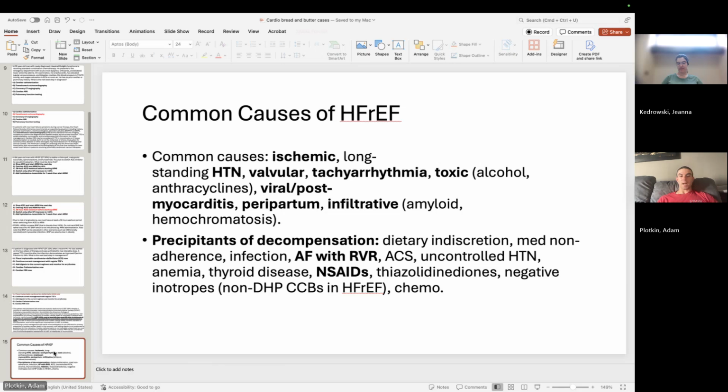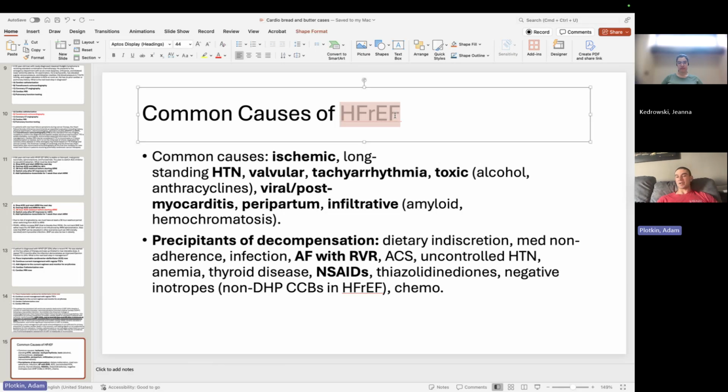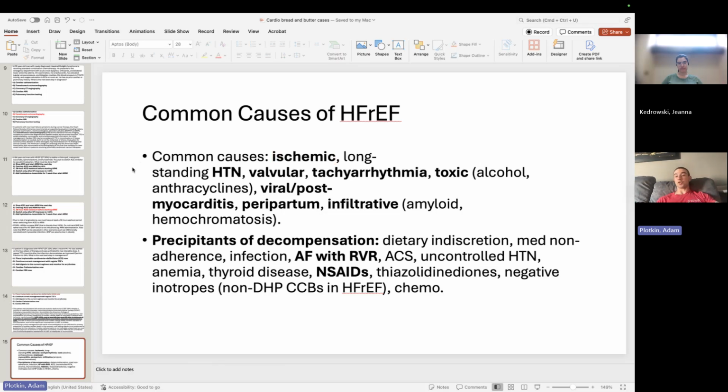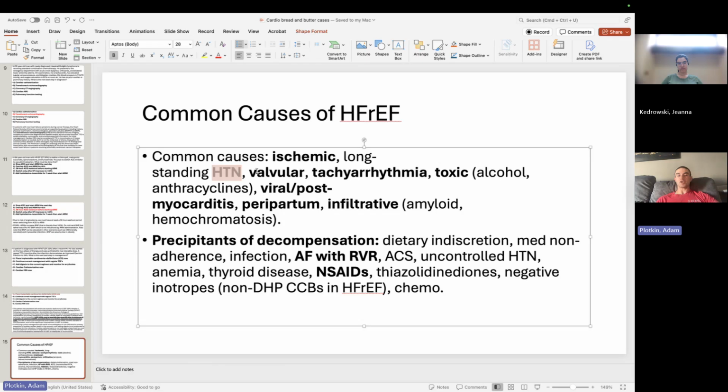Great. All right. So again, this was kind of getting at your last point. What are some common causes of HFrEF? Ischemic is really one of the bigger ones. We always need to check for ischemic cardiomyopathy. You do that with cardiac cath, or CCTA can also be used. Cardiac cath is the gold standard. Long-standing hypertension, valvulopathies like aortic regurg and mitral regurg, tachyarrhythmias, like poorly controlled AFib or poorly controlled aflutter. The heart's just pumping way too fast, and eventually my ventricles die out.